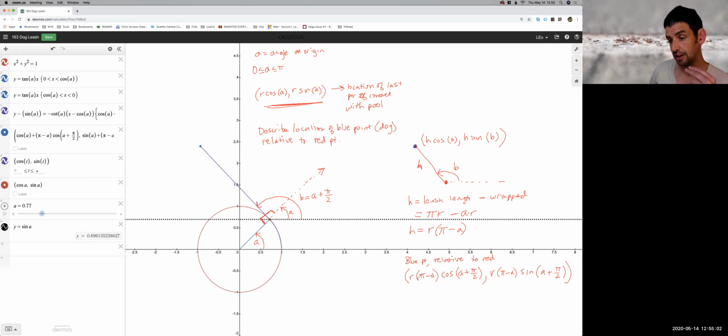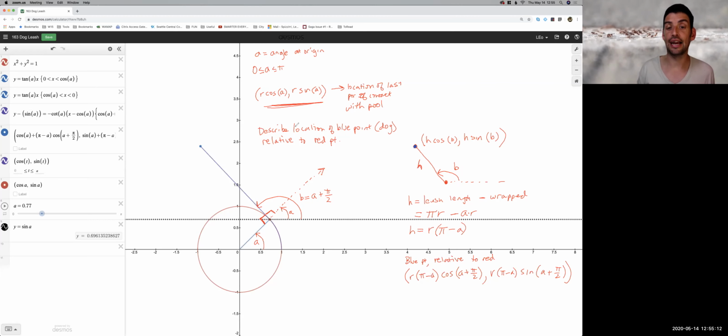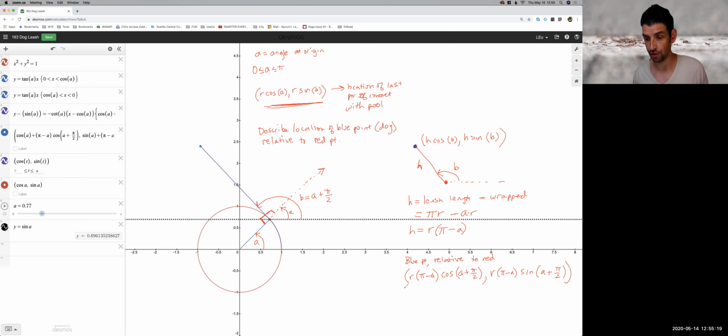This down here, our blue point relative to the red point, the x-coordinate represents how far horizontally the blue point is from the red point. If I add those two things together, I get the distance horizontally that the blue point is relative to the origin. So what we'll end up with is, let's just write it down here, the blue point